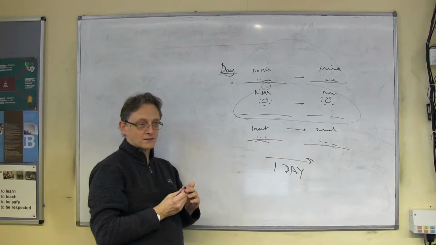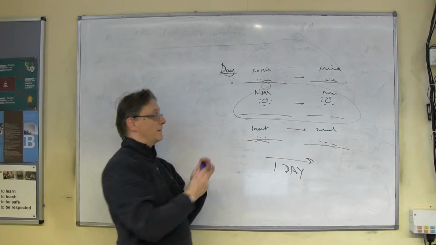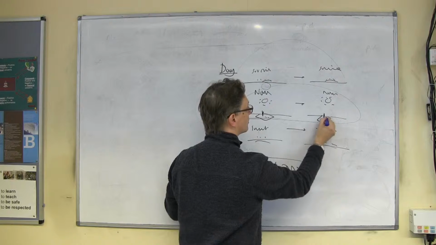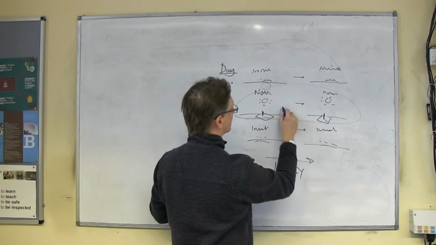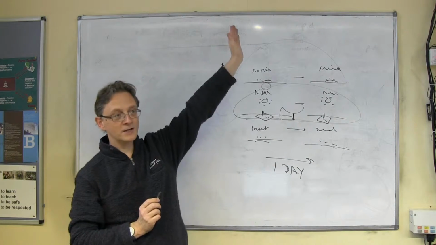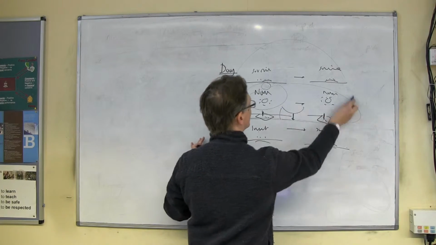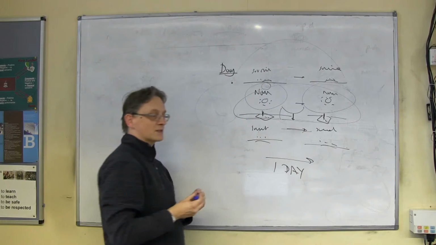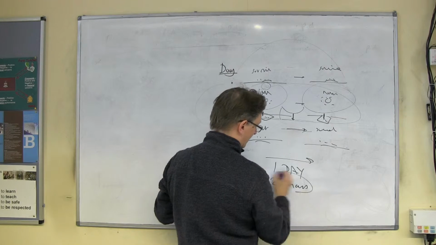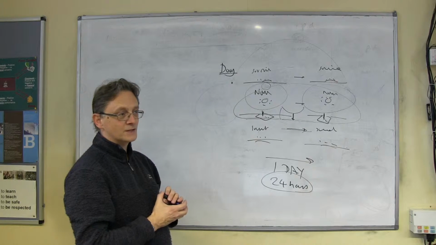Those of you doing the shadow stick project, tell us about how you might actually do that. You could put a stick in the ground, couldn't you? Have you seen this on the controlled assessment? You could put a stick in the ground, measure the shadow, and when the shadow comes to its shortest position, that means the sun's at its highest position, and that's what we call local noon. These are a bit tricky to measure, so let's stick with noon to noon. In theory, noon to noon takes a day, and it does in fact take 24 hours.